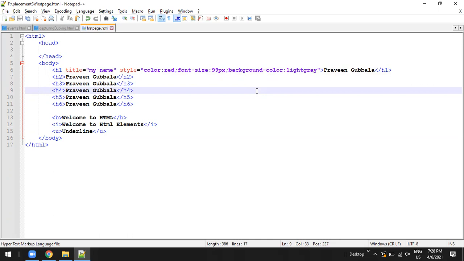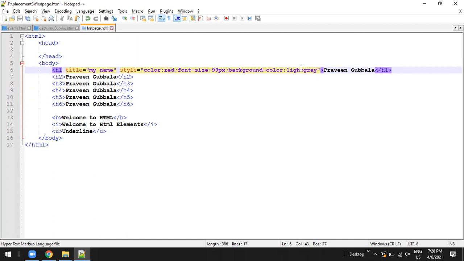Okay, so in the style attribute you can apply multiple properties. This color, font size, background color are called properties, and this red, 99px, light gray, these are all values.